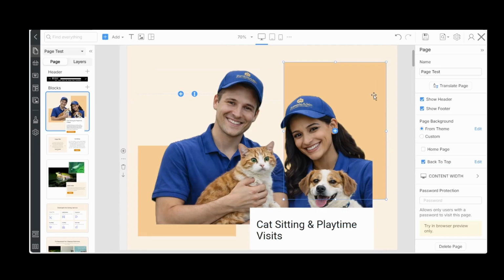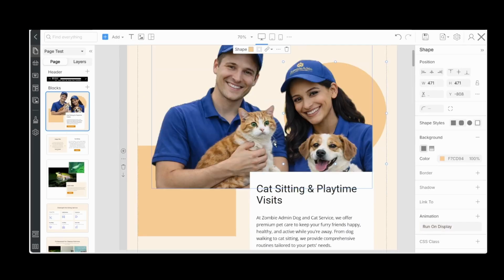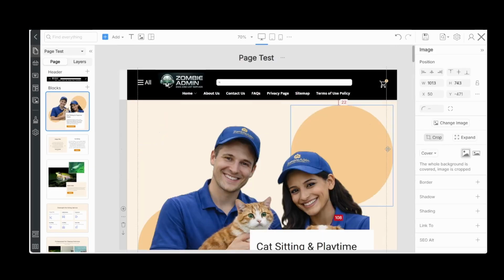Let's swap this out to a circle. Same with this one, we do a circle. Let's do a little adjusting. Kind of like a little offset.